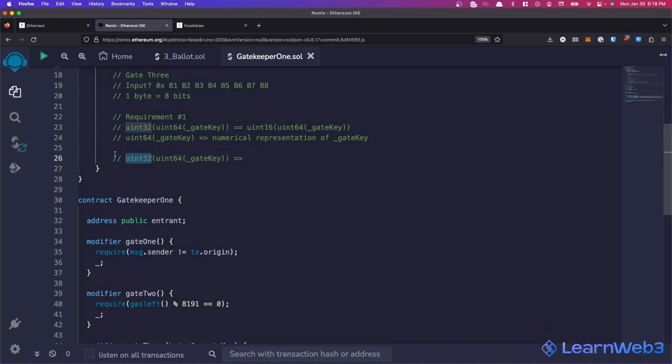So we're deleting some information as part of the typecast because a uint32 cannot store the same amount of numbers that a uint64 can. It's a smaller data type. So we're deleting some data in the process of doing so. If we continue to think of this as this byte string, when we convert the 64-bit number into a 32-bit